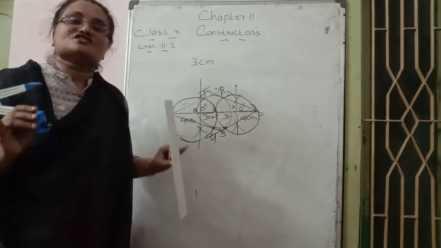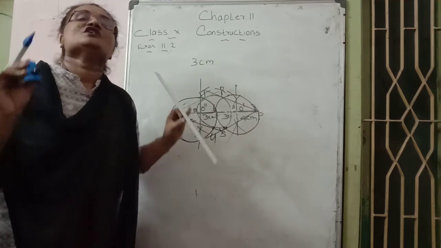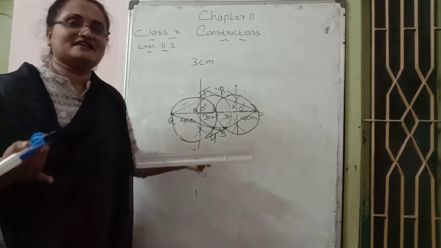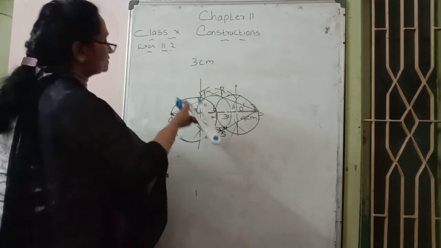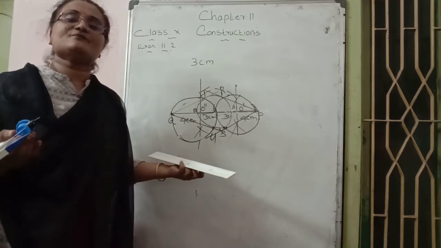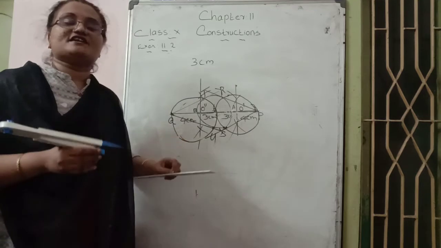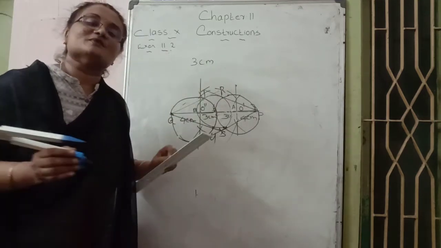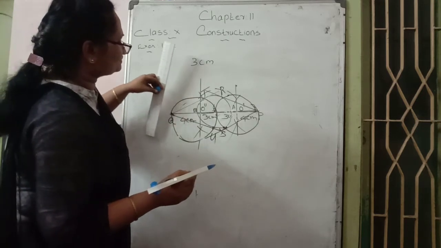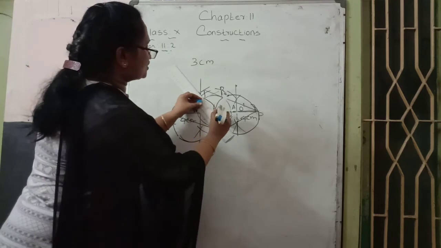We want to justify that these 4 tangent measurements become equal. How to justify? By joining the radius and making one right angle triangle, applying the Pythagoras theorem and finding any one tangent, we can say all tangent measurements become equal to that one. So just join the center O and point T.